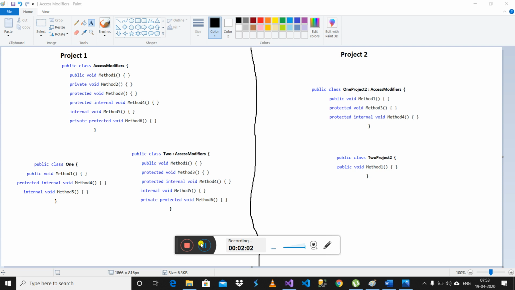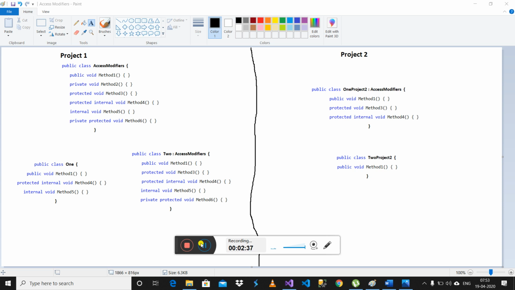When we use a combination of access modifiers like protected internal, it means the combination of both is applied to the method. Protected says that the method or variable can be accessible in inheritance, no matter whether the inheritance is in the same assembly or a different assembly.